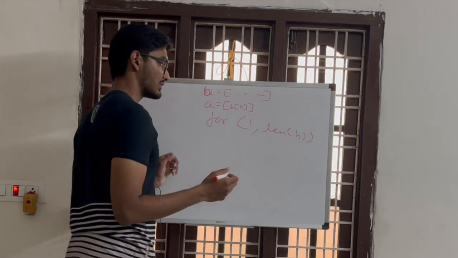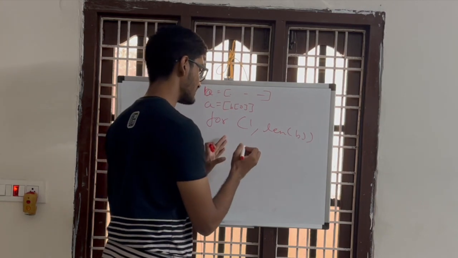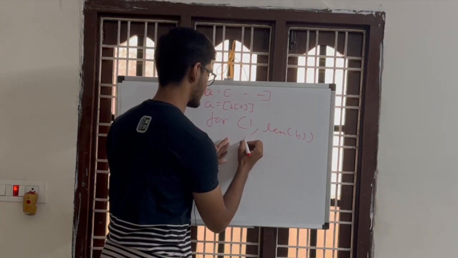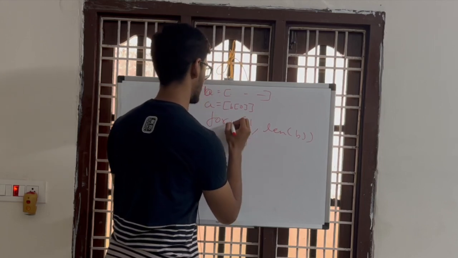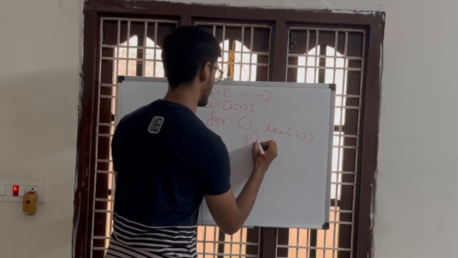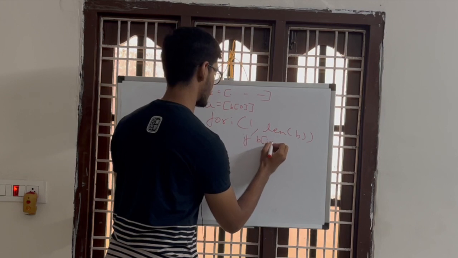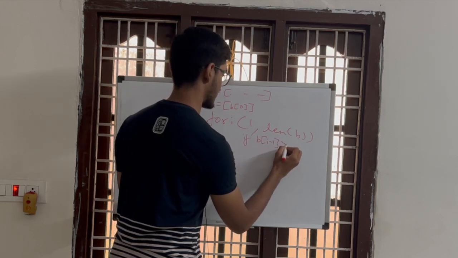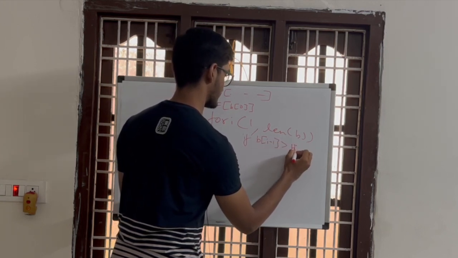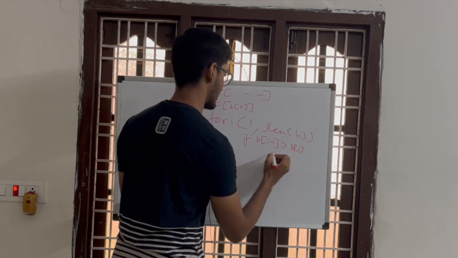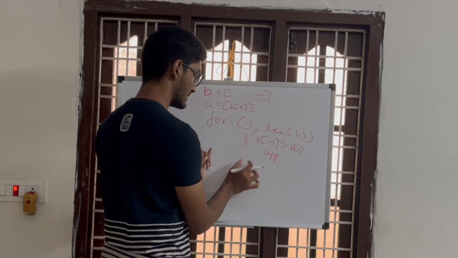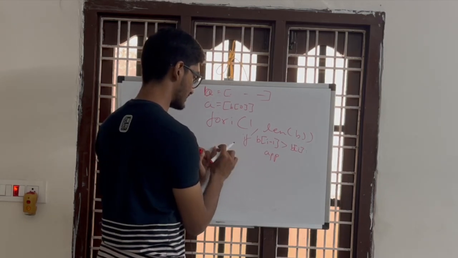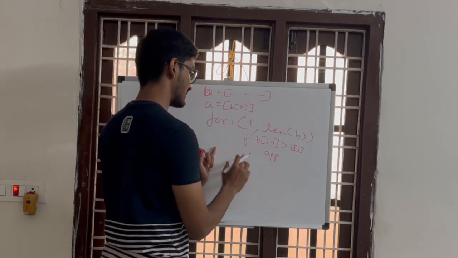In this for loop, what we'll basically do is first we need to check whether, if B of I minus 1 is greater than B of I, then you need to append 1, right? Because we are checking it for each and every value. If the previous number is greater than this number, then first we need to append 1